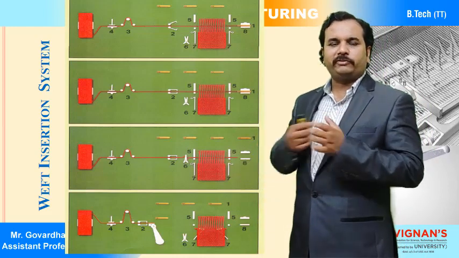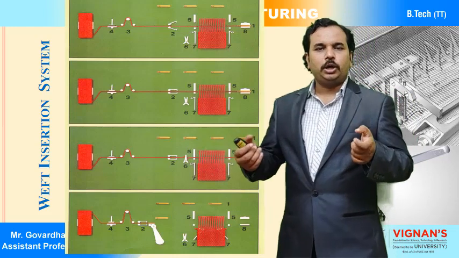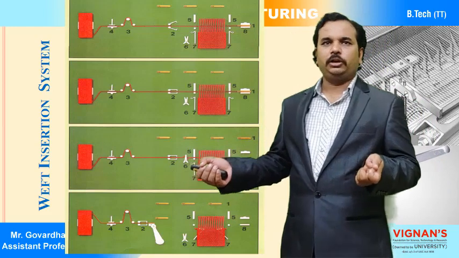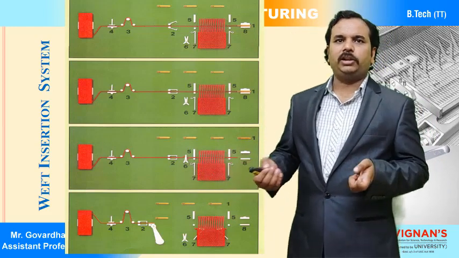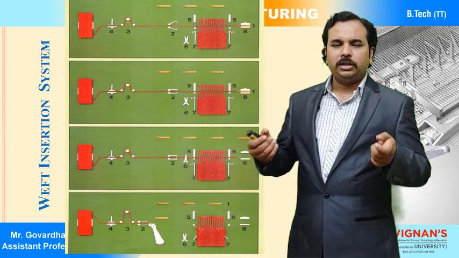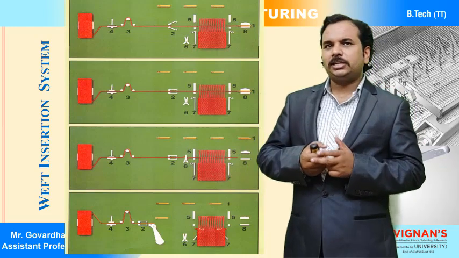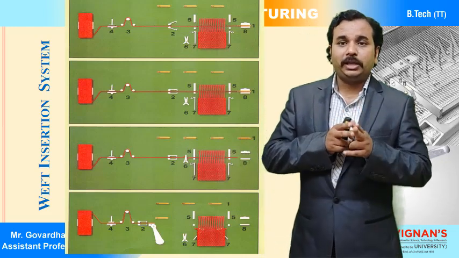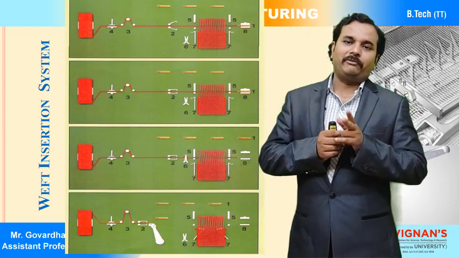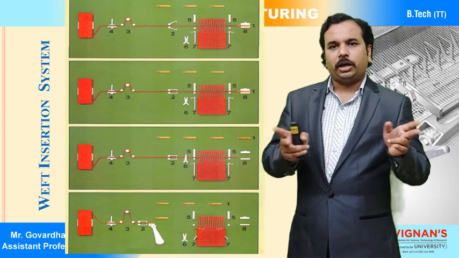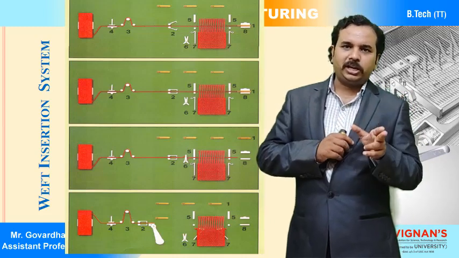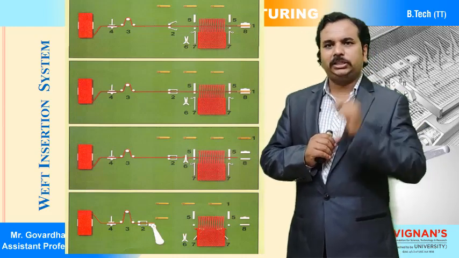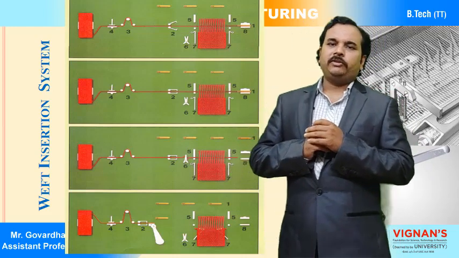Now after holding, along with that, on both sides of the fabric selvage we have grippers or holders which hold the weft yarn firmly after insertion. After holding, these holders are still in the hold position and the scissors are going to activate to disconnect the weft thread from the feeders. So in between the feeders and the selvage grippers there is a scissor, and it will cut the weft thread so that it will be released.